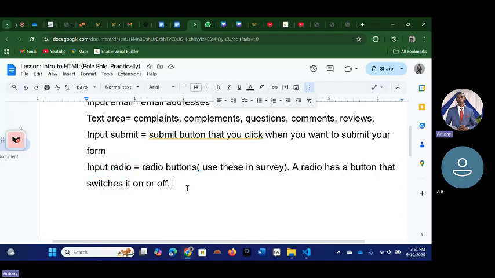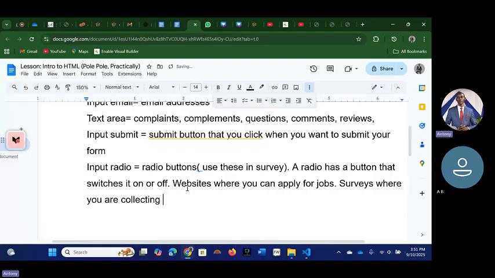Mostly government websites use input radio so much, since websites where you can go and apply for jobs use these to give you choices. Or surveys where you are collecting yes or no answers.